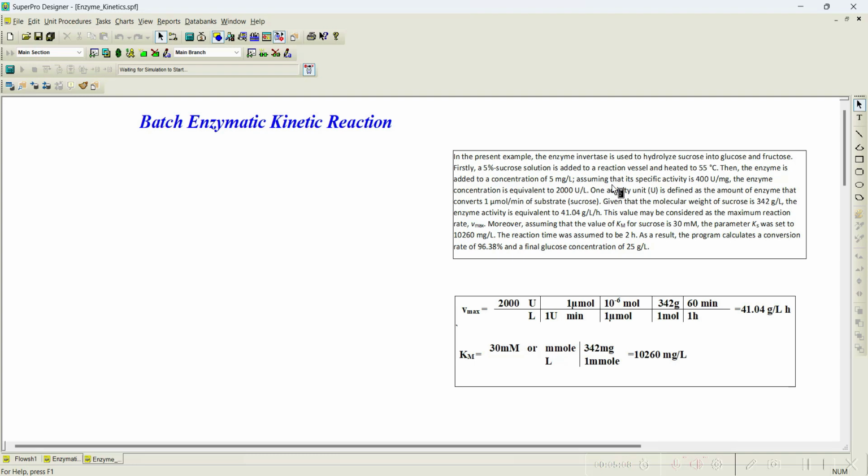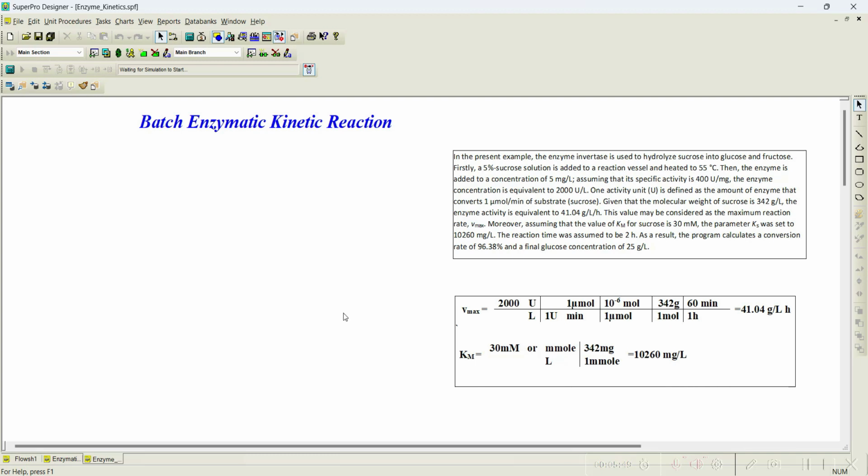But in the SuperPro Designer, when you see the values that need to be input, that is basically in gram per liter per hour, or per hour, because basically in Monod kinetics the mu which is used is on a per hour basis, and the same units per liter I cannot feed into the software. That is the reason it is converted into gram per liter per hour. And also the Km, which is a Michaelis constant. In case of Monod kinetics, it will be Ks, that is again mg per liter. The unit available is mg per liter, so we need to convert whatever the value of Km is given to mg per liter. So I'll just show you the